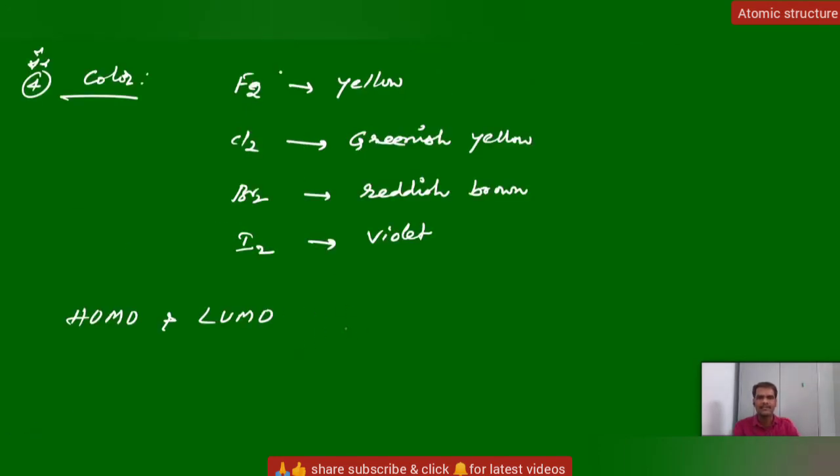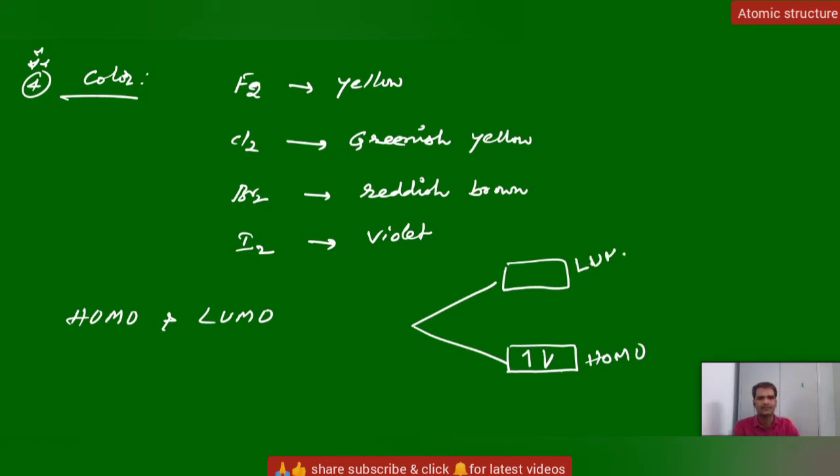So now we will see the molecular orbitals of F2, Cl2, Br2. We have the last orbital where electrons are occupied, and immediately next, the orbitals which are vacant. So this is called HOMO, highest occupied molecular orbital, and next to this is the LUMO, lowest unoccupied molecular orbital. Over this we have again various molecular orbitals, and below as well.